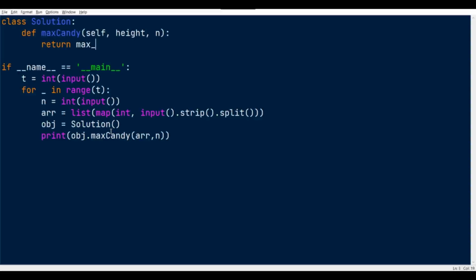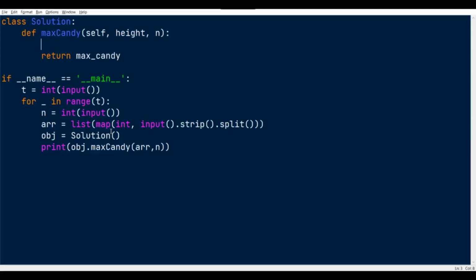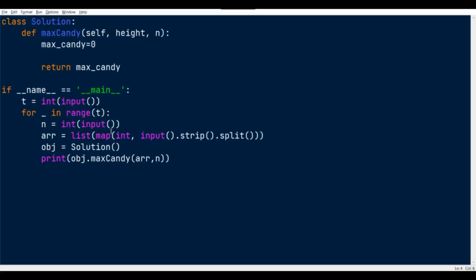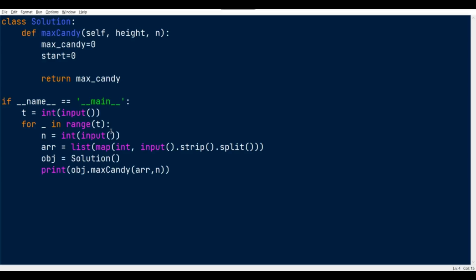Before returning that we just need to store that value, or initialize the value, otherwise it will throw some error. maxCandy is equal to 0. And what else we need is the start value equal to 0.